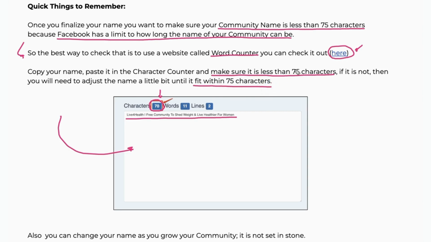So make sure you utilize this tool to be able to check, is my name under 75 characters? Okay. Because if it's not, then it's like you wrote a paragraph as a name. I'm just kidding. But if that's what you did, you might need to tweak it around to make sure that